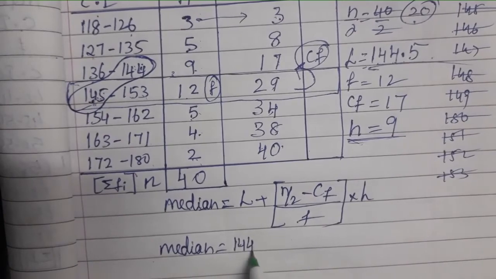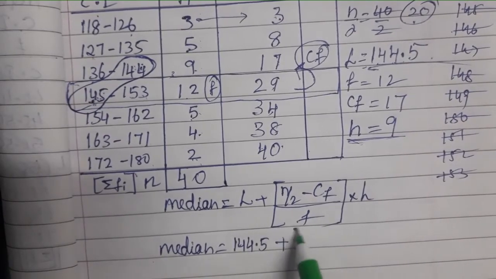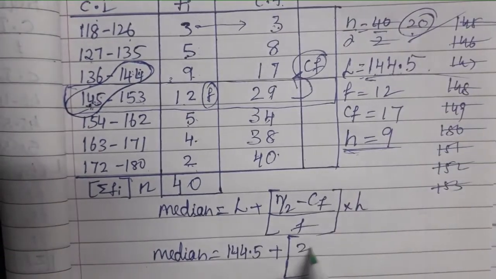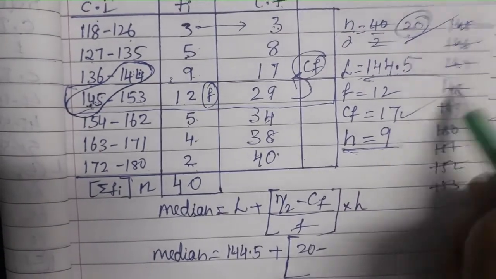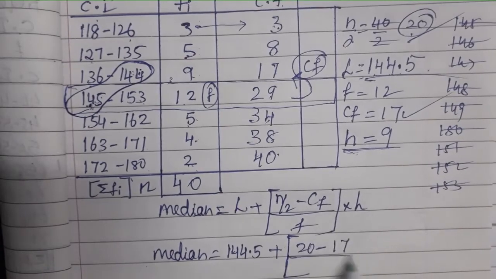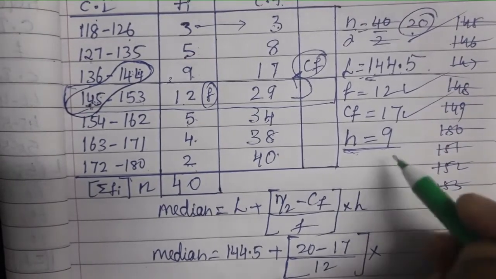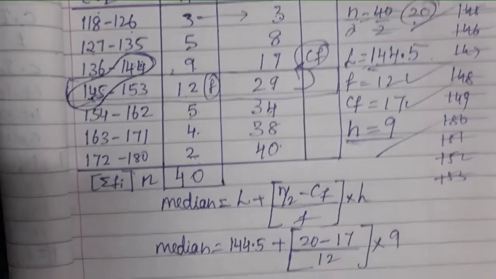144.5 plus, what is n by 2? n by 2 is already calculated, 20. Minus, what is CF? CF is 17. What is f? f is 12. Into, what is h? h is 9. Okay, now